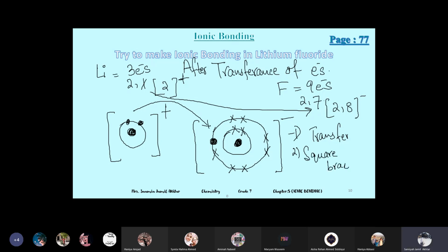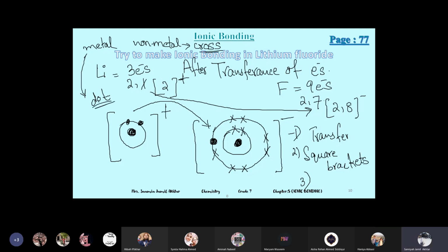Teacher, can you explain the dot and cross diagram again? I'm confused. In a dot and cross diagram, beta, you have to indicate one electron with a dot. See, in ionic bonding there is a metal and a non-metal, two types of elements present, right? So indicate any one. You can indicate metal electrons with dots and non-metal electrons with crosses, it's your choice.